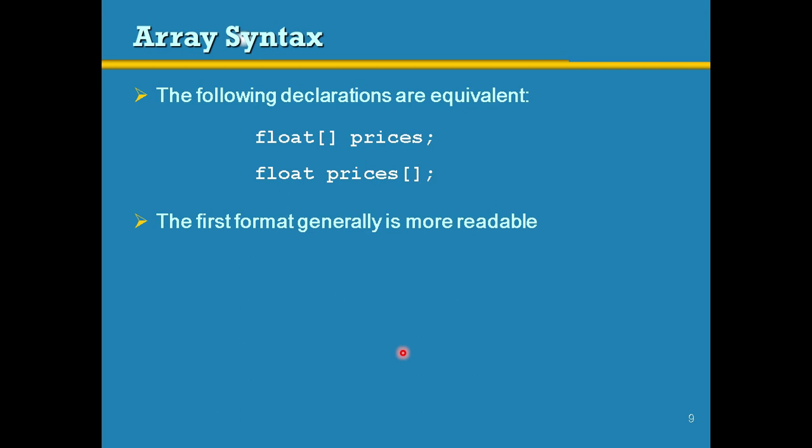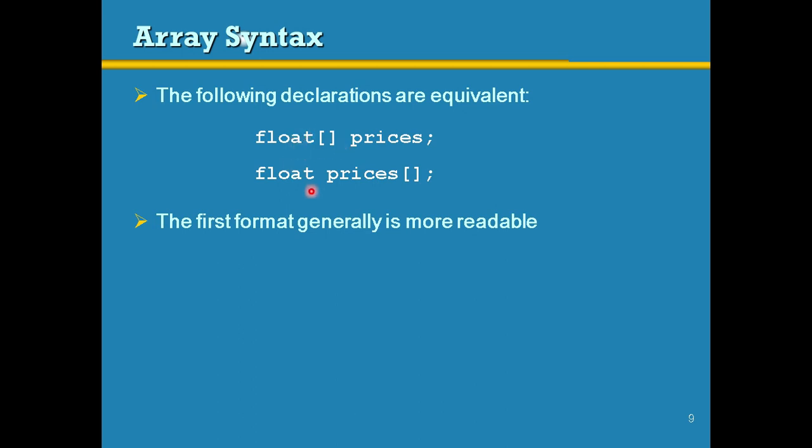Now we are going to see how to declare an array. These are the valid declarations. Two declarations are there. Either you can write the type, then square brackets, then the name of the array. Here, this is the first method and this is the second method. Float, then price. Float is the type of the array, then the name of the array, then square brackets came. Both are valid, but the first format is generally more readable. You can go for any one, but don't be confused when we give questions.